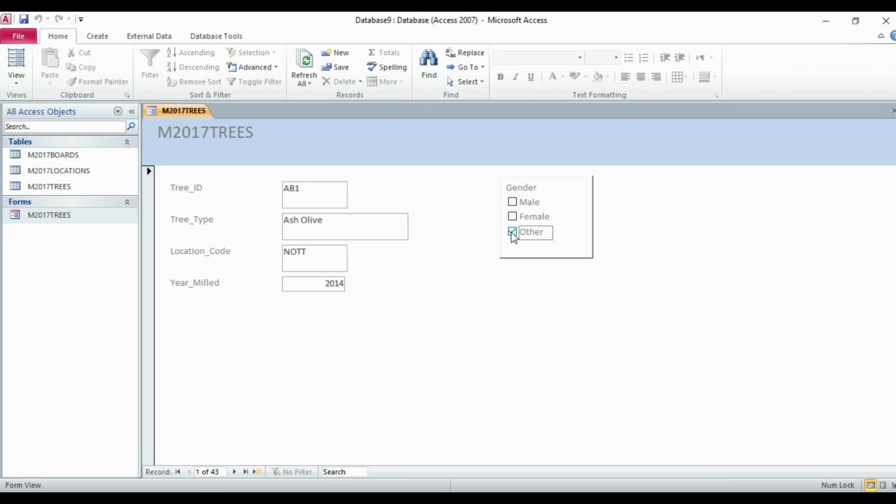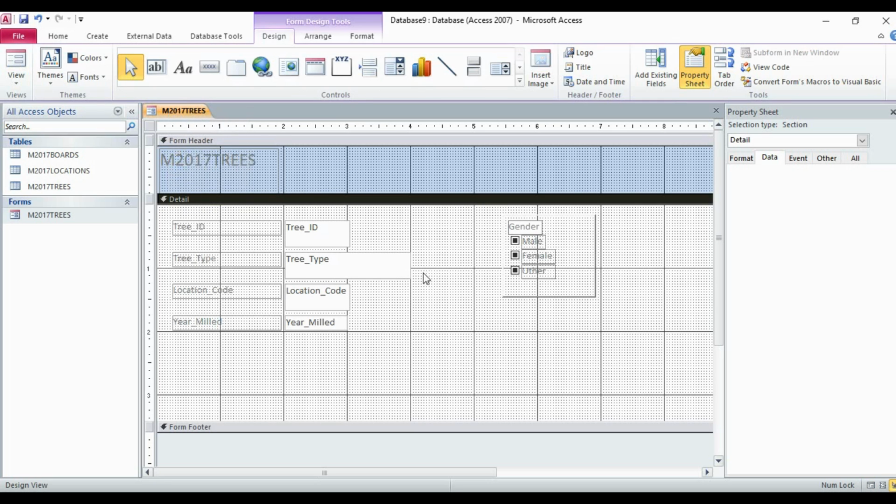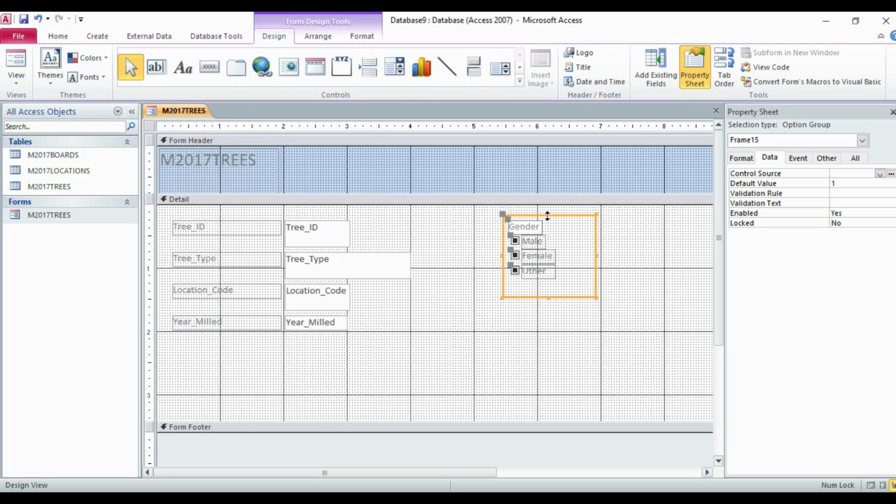You can see here, now if I click on female, it will not put a check on other. If I put a check on other, it will not put a check mark on female. So this is all about option group, which is another feature of form, and as this will not be used here, but yes, this is another feature which can be used in any of the forms, because it is not asked whether it can be used or not, but they have simply asked what different features can be added to a form, any of the forms.